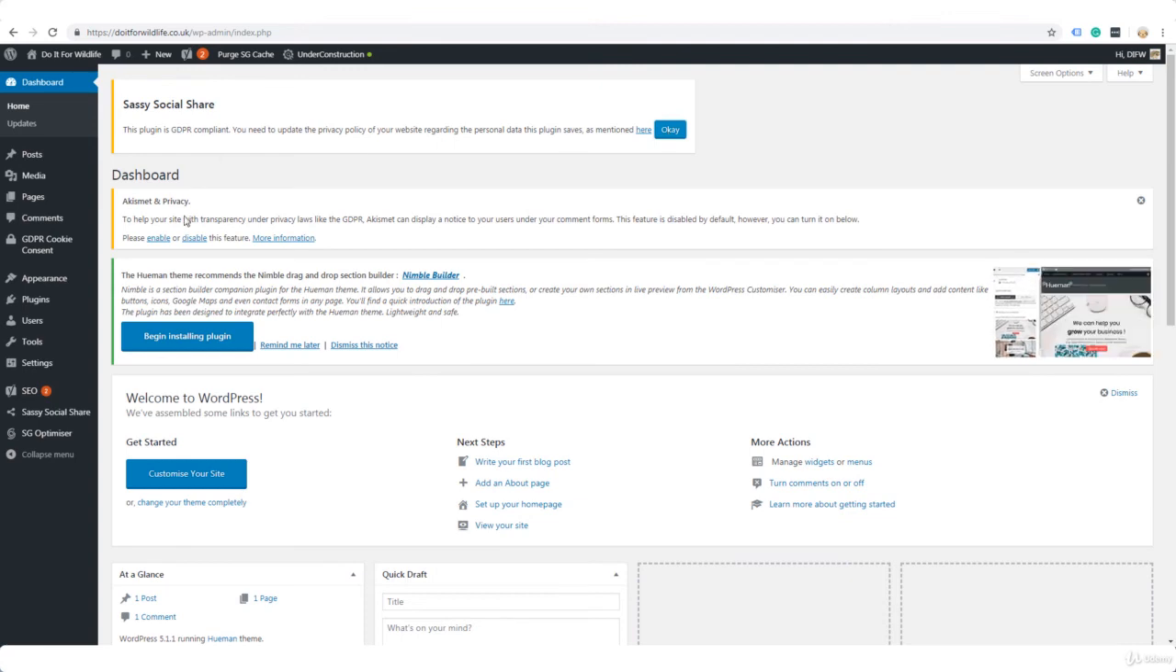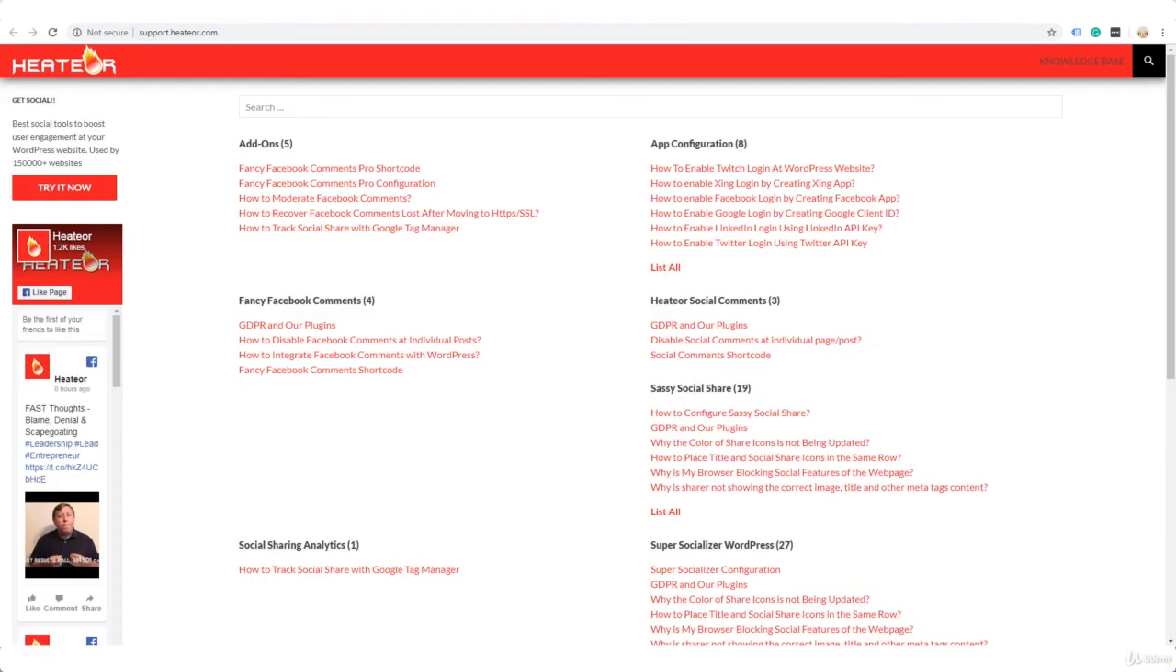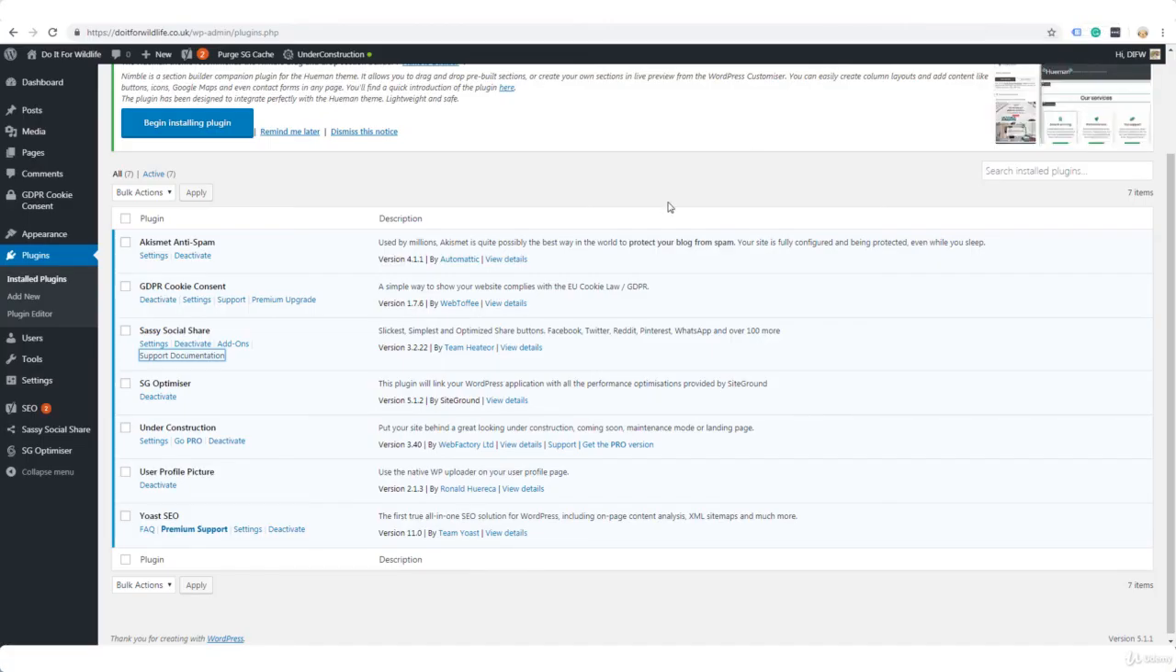You can probably get to that page through the plugin. Here we are, and that is the same page. So if you do happen to have closed down that notice on your dashboard, just go to the plugin by selecting Plugins on the menu, click on Support Documentation, and you'll be able to navigate back to the page that we were just